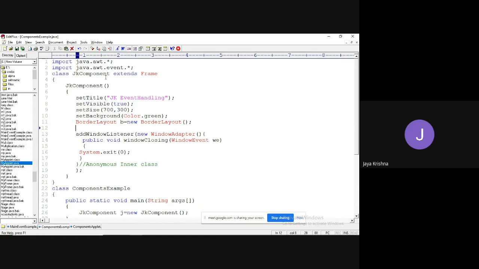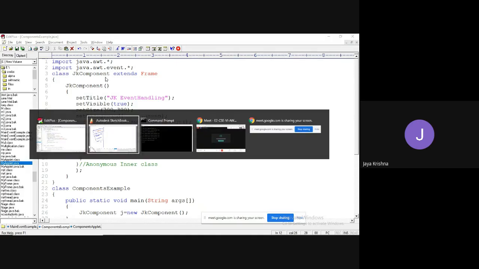Now what do I need to do? I need to set this border layout mechanism so that the container understands it. Which container? The frame. Guys, where am I right now? I am right now in the Frame extended class only, so there is no need to define the object once again. If you would like to, you can write this.setLayout, and you need to pass an object of layout. Yes, that is what I said, right?